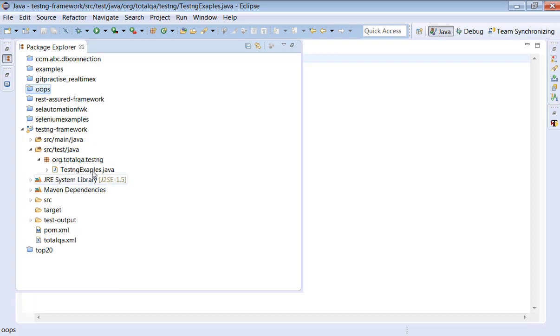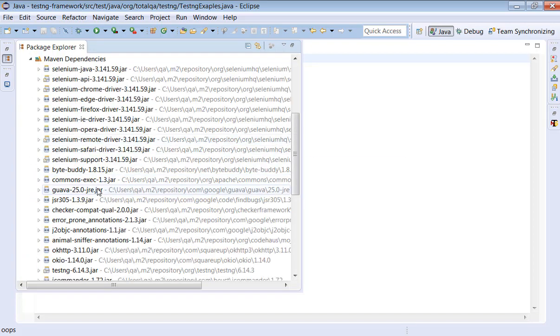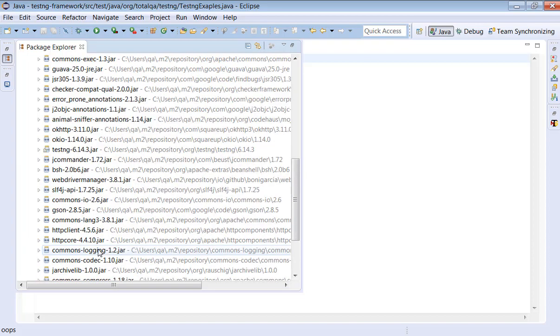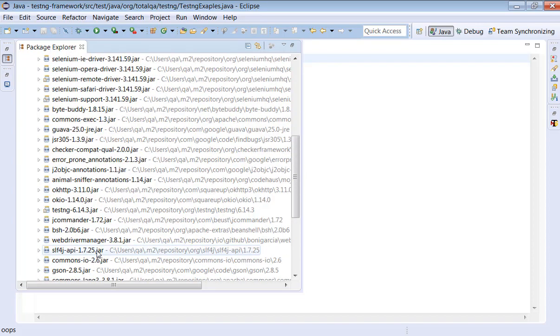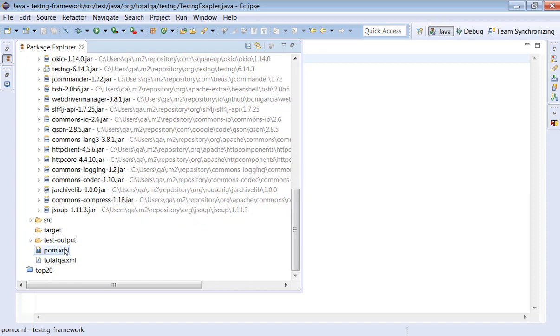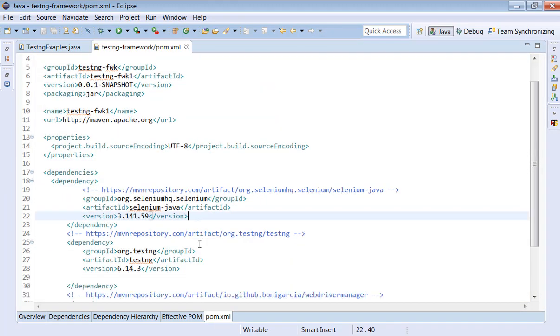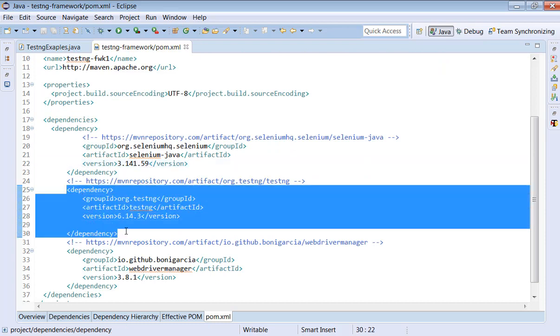And once after that, we have to add one TestNG dependency also. There's a TestNG dependency that has to be added as part of this project. Then it will be easy. If you go to the pom.xml file, try to add one dependency for TestNG so that you can use the TestNG API as well. See, here is a TestNG dependency we have to add in the Maven project to start writing the TestNG programs. Before that, the precondition is we have to download the plugin and also we have to have this dependency in the Maven project.